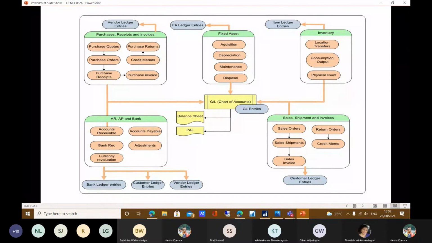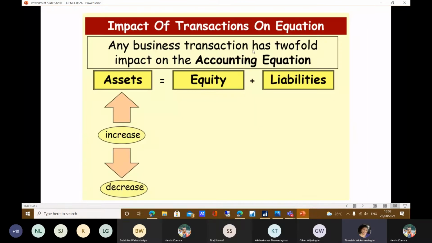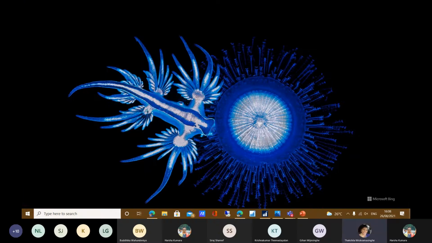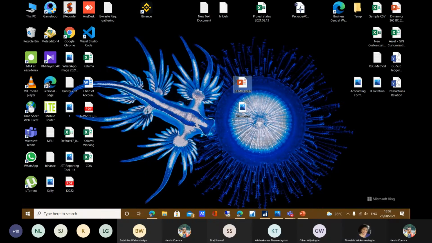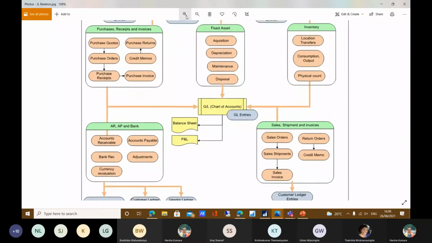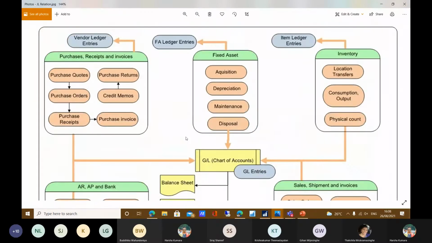Harsha, the screen is dropping a bit, and you need to increase the screen size. I think it's not very clear on the diagram. Okay, one moment. Can you see? Yeah, I think all can see the diagrams now.